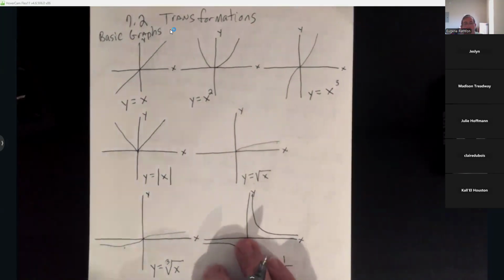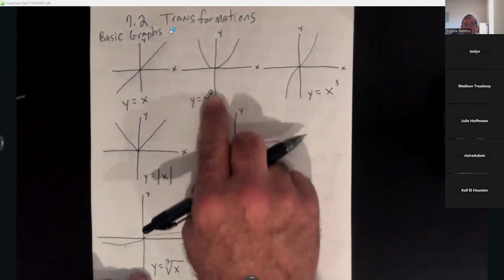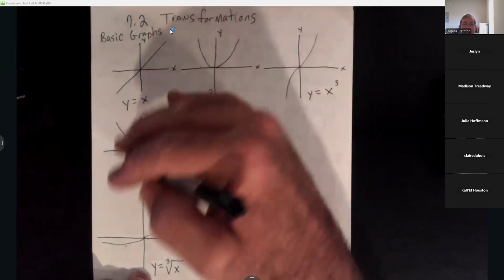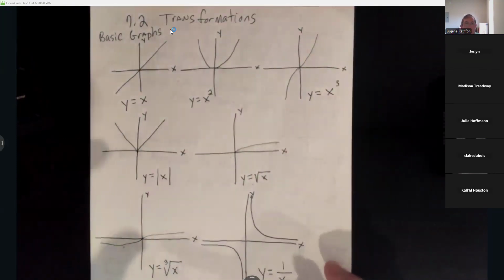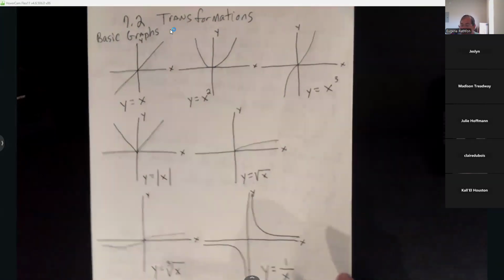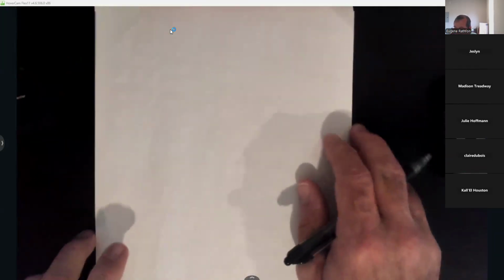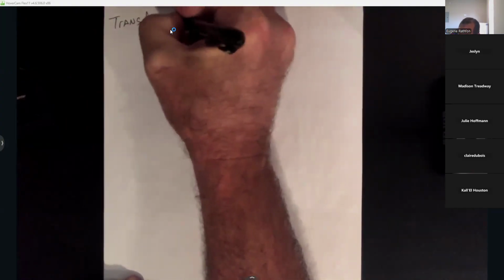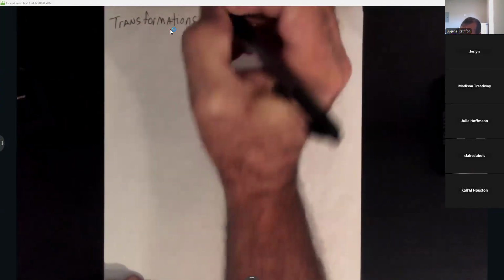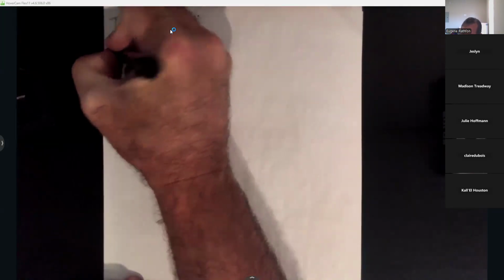So what we're going to do, y'all, is take these graphs and move them up and down, left and right, and even reflect them. So to help us do that, let's learn how to do these moves. All right, y'all, so these are the transformations. The first thing we'll do to graphs is